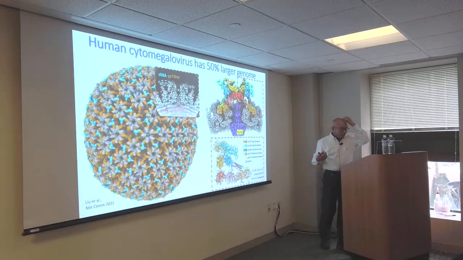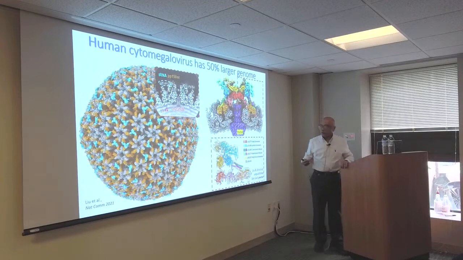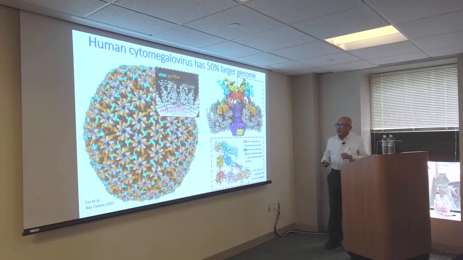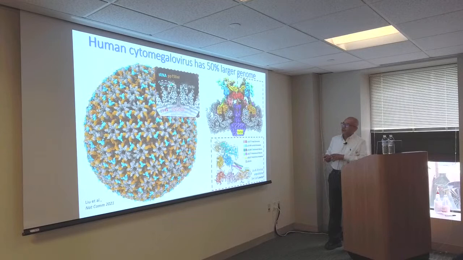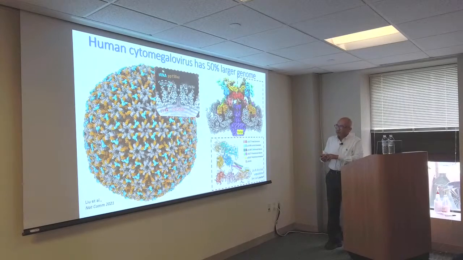Another surprise discovery: this is actually cytomegalovirus, human cytomegalovirus. I already mentioned that this herpes virus differs from the cold sore herpes virus in that the DNA is much bigger, 50% bigger. So if you look at the DNA, it is indeed much more entirely packaged. You see that the DNA is even twisted, which is a very unusual situation. Basically, it fills every available possible space.